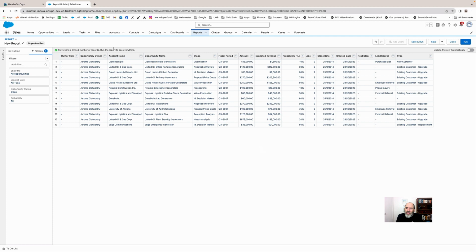And you can then see, all right, this has narrowed it down to about half the amount, a bit less, for those that are currently open. If we want to add some further criteria to filter this report, we just start to search for it in the filter here. So you can basically select any field on the opportunity object